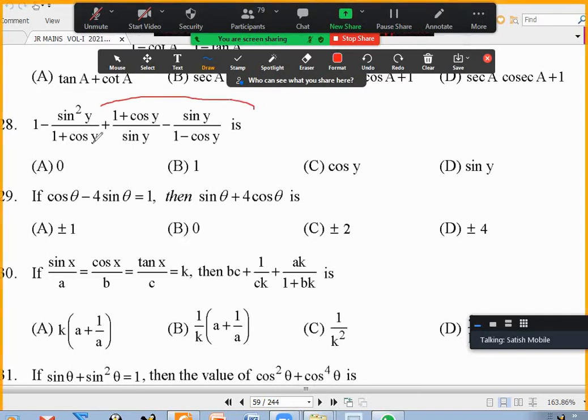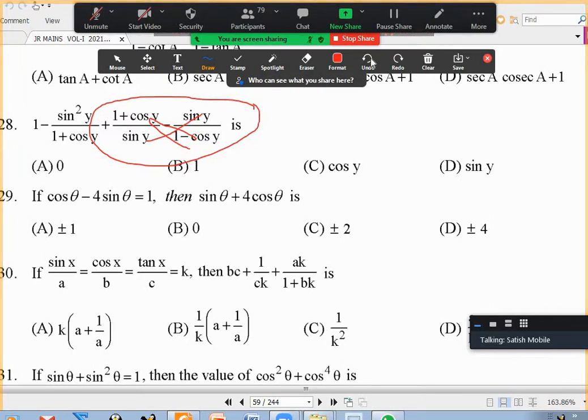First thing is, these two, the last two fractions: you just combine them the normal way you combine fractions. You have to multiply these two, minus you multiply these two, right? Yes, sir. They'll both cancel. That will become 1 minus cos square y minus sin square y. The numerator will become 0. It will be gone.